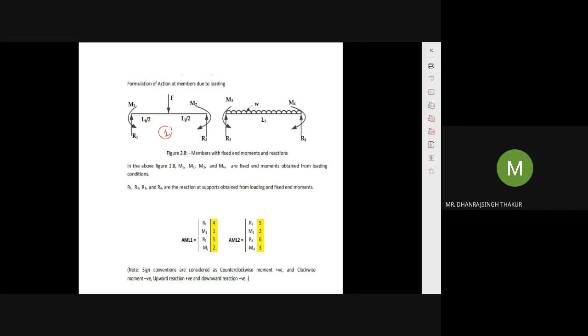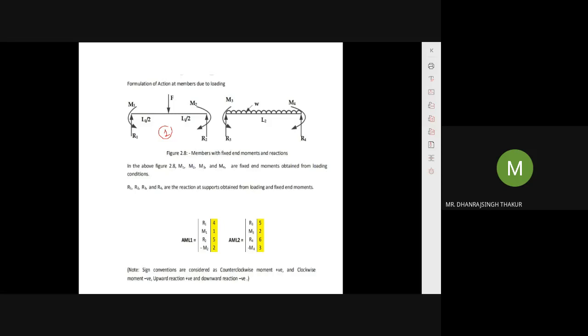So here you should know, if there are various types of loading, how the fixed end moments are found out. If there is a load at the center, what is the fixed end moment AB and fixed end moment BC. If there is a UDL, what is the fixed end moment? If there is a point load which is not acting at the center, then what is the fixed end moment? For uniformly varying loading, these fixed end moments and support reactions you can calculate, okay. For UDL, what is the fixed end moment? Point load, if it is acting at the center, what is the fixed end moment, okay.